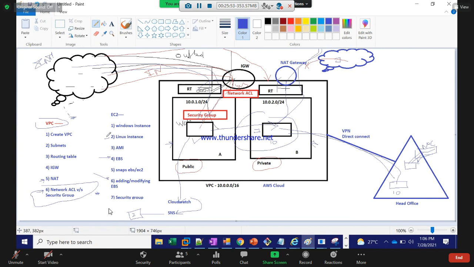For EC2 on Amazon, we have a long way to go, with n number of labs. If you get stuck in this initial stage, how will you go forward? This network ACL and IGW are some of the biggest labs. How to create the VPC, just go to YouTube; thousands of videos are available, and you need not attend this class. They will tell you how to create the routing table.